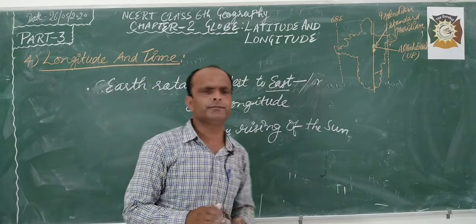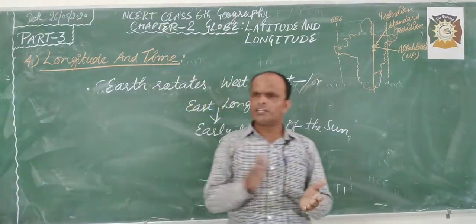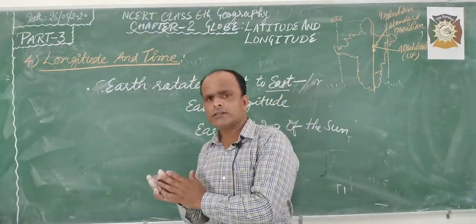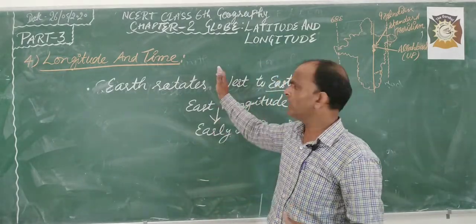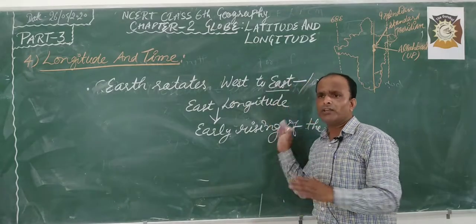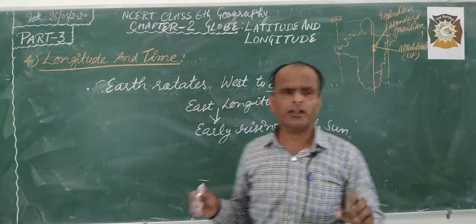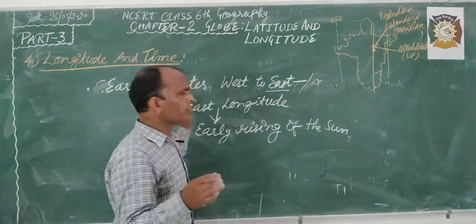For example, Japan, which is in the Asia continent, is in the east, and in this country the sun rises early